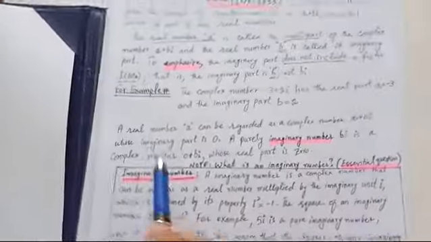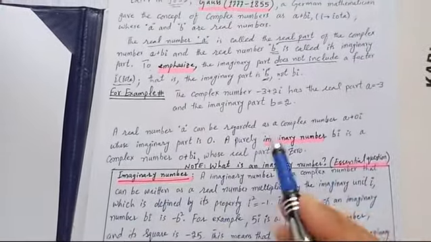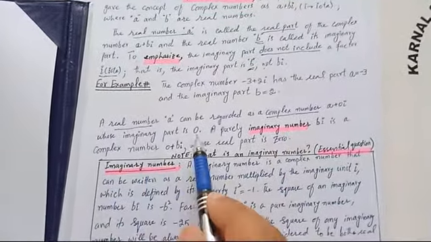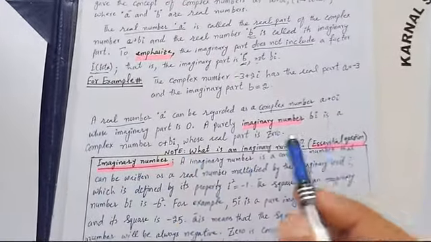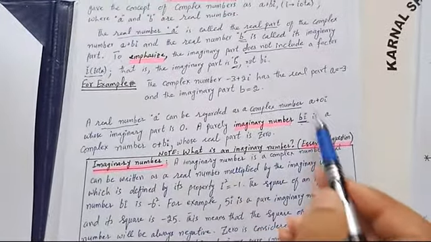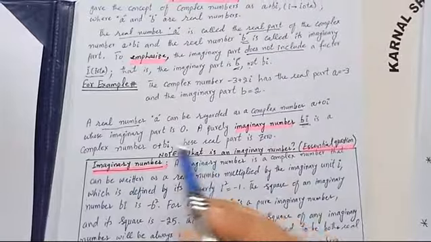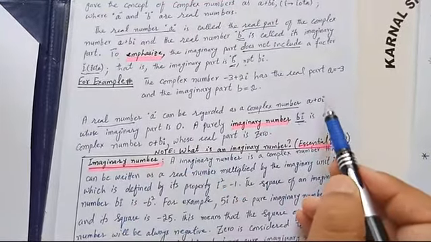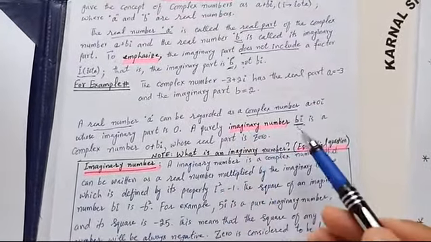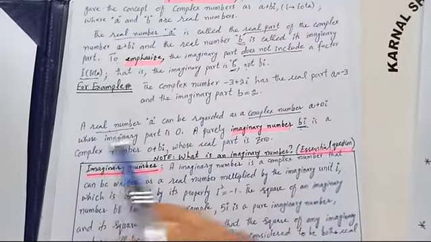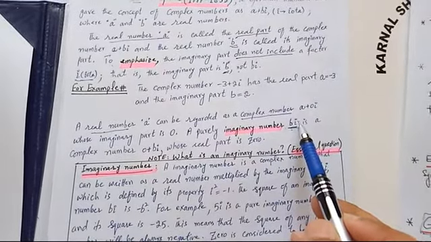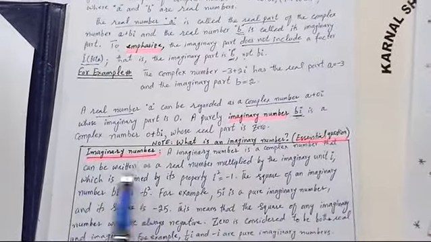So you see that a real number a can be regarded as a complex number. From here you get that every real number is a complex number whose imaginary part is 0. A purely imaginary number b iota is a complex number whose real part is 0. So for the pure imaginary number the real part is 0, and for the pure real number the imaginary part is 0. Both are complex numbers. Note,